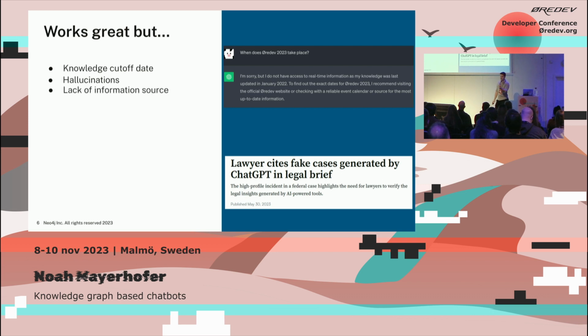And this goes hand in hand with that. It lacks information sources. ChatGPT doesn't cite its sources. It just says, this is how it is. And it also lacks domain-specific or private information. Like if you have a private database, of course, it can't know about the data in there. It's private. And if you work in a very narrow area, it probably doesn't have a lot of data on your specific subject, so it kind of lacks some knowledge there.